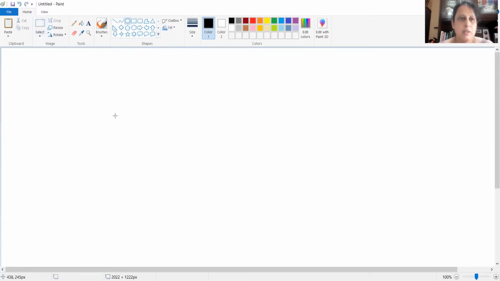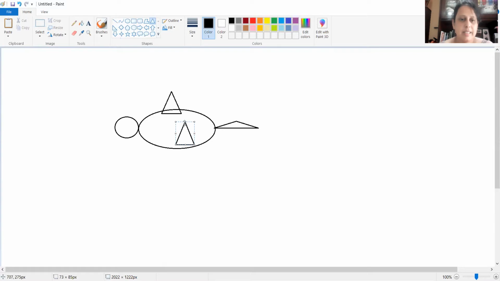Okay, so I'm going to make a bird for you, and then y'all can try out various other pictures. Y'all are good artists, I'm sure. Y'all can try out various other pictures that you like. Okay, I'm just doing one for you so you get an idea of how to use these shapes, and then you can improvise. And I know you're a fantastic artist. I'm just using Paint to be a better one.